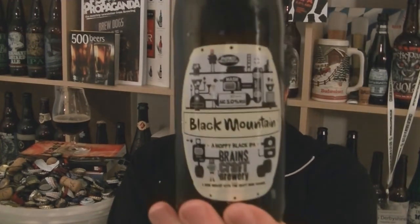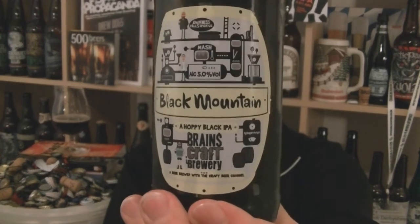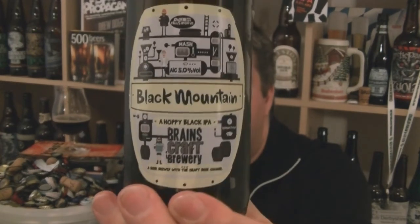Nicely done, it's got a freshness to it. And I just burped then, and I got a nice floral thing wafting around. Very quaffable, and at 5%, that's the kind of thing you're after. So that's a bottle of Black Mountain Hoppy Black IPA, 5% ABV, from the Brains Craft Brewery, brewed in collaboration